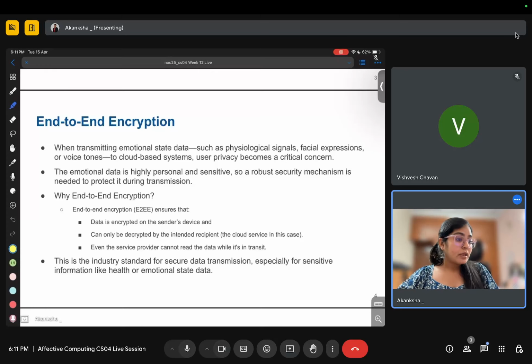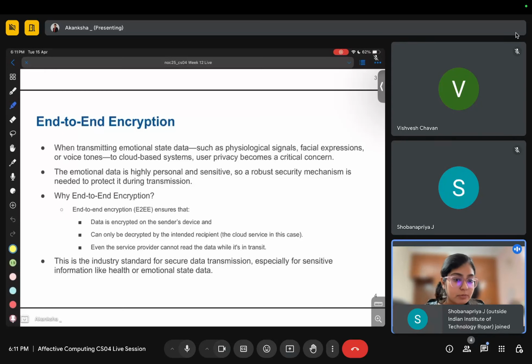So we want to go for encryption, and since this kind of data is emotional, it can be a facial image, it can be a video, it can be your heart rate data, it can be your EEG data, your brain signals. Medical data is usually very very sensitive in terms of we don't want to leak the data.